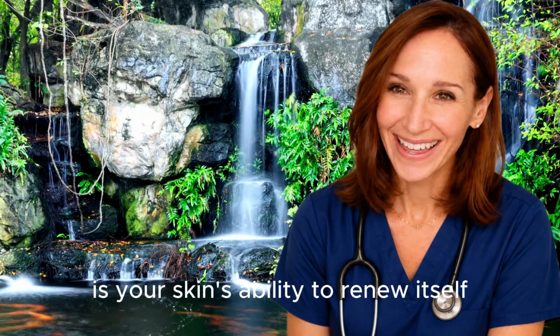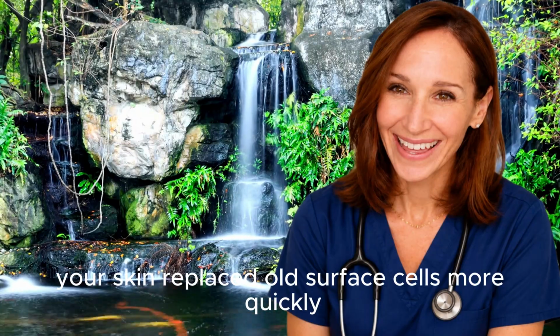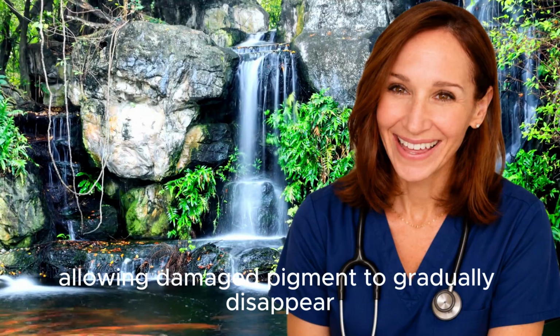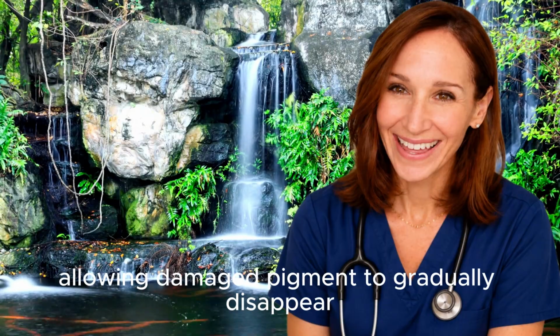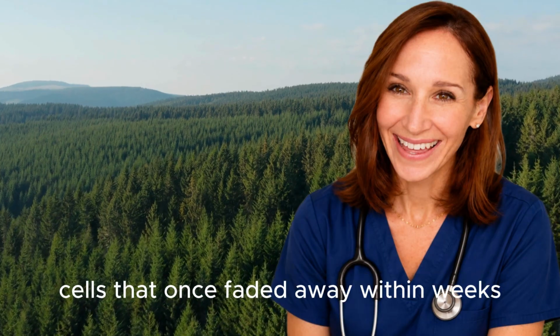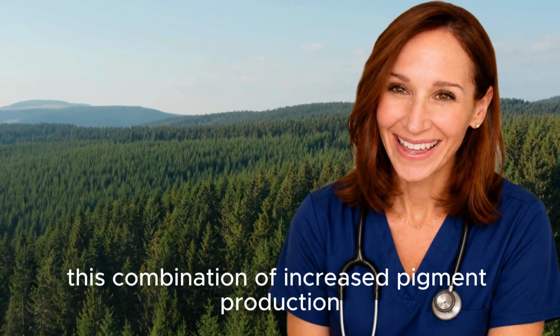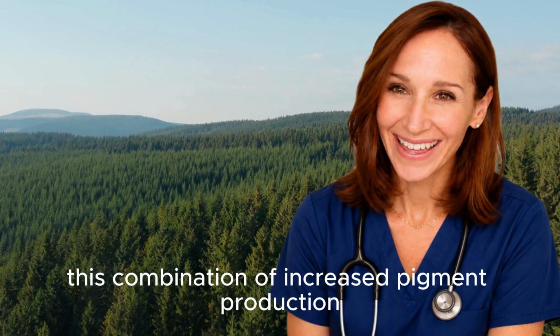The second factor is your skin's ability to renew itself. When you were younger, your skin replaced old surface cells more quickly, allowing damaged pigment to gradually disappear. As you grow older, this renewal process slows down. Cells that once faded away within weeks may remain visible for months. This combination of increased pigment production and slower skin renewal is